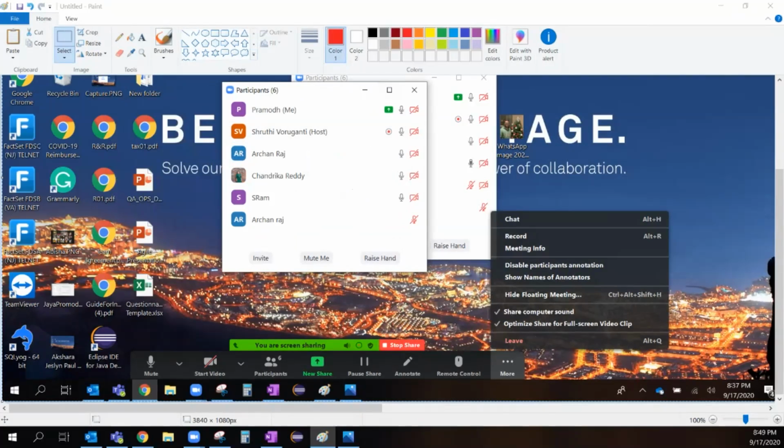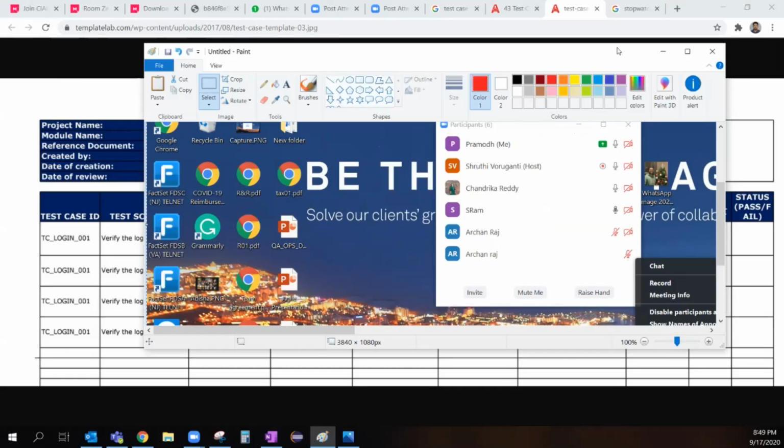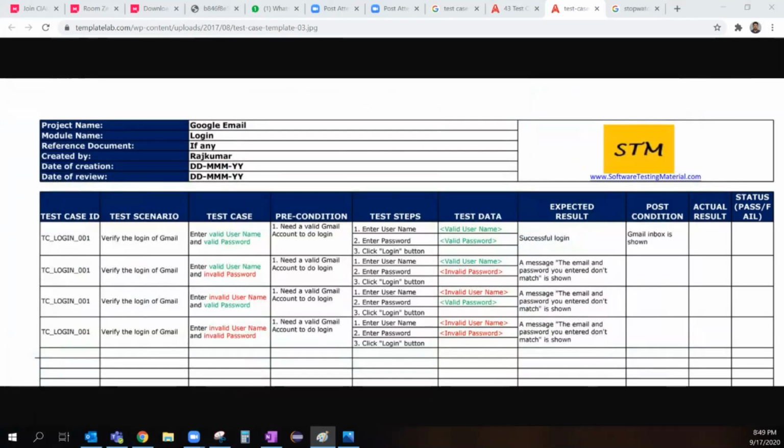Okay, now I'll step back. Maybe somebody else can try. Hope everybody is understanding what I'm talking about. Yes, Pramod, perfect. Now let us give an opportunity to somebody else to derive the test case. Go ahead. Who is next? Okay, I will try.